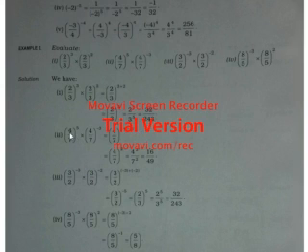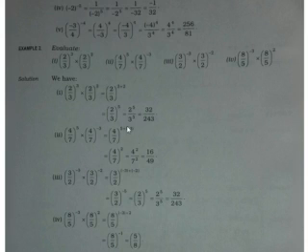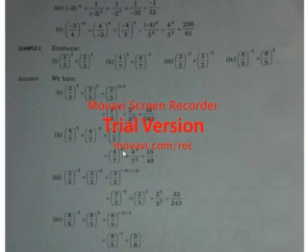If you will see the second question, it is (4/7) raised to the power 5 and (4/7) raised to the power -3, both are in multiplication, so here also the powers will be added. So addition sign, and it is -3, so -3 is given in brackets, and then plus and minus make minus, so 5 minus 3 is 2. So it becomes (4/7) raised to the power 2, so it becomes 4 square by 7 square, that is 16 by 49.